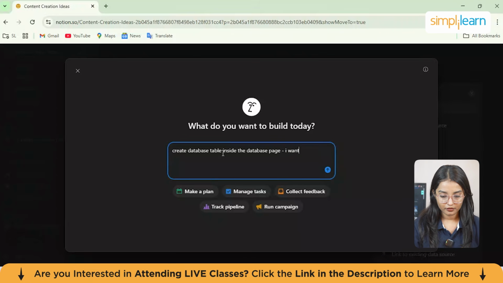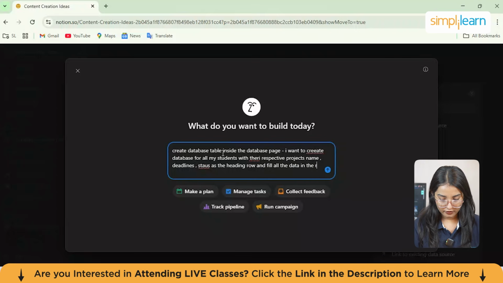I want to create a database for all my students with their respective project names, deadlines, and status as the heading row, and fill all the data in the respective columns.